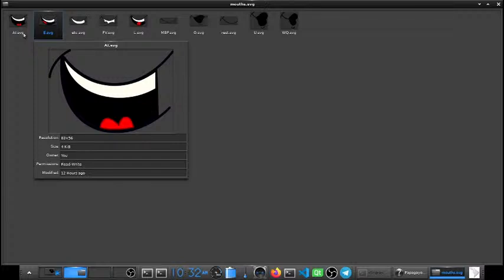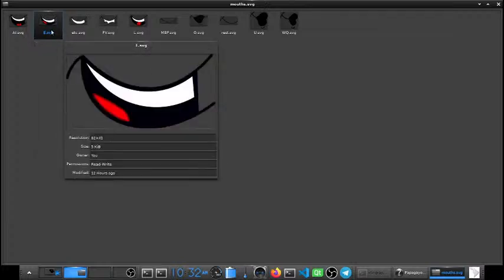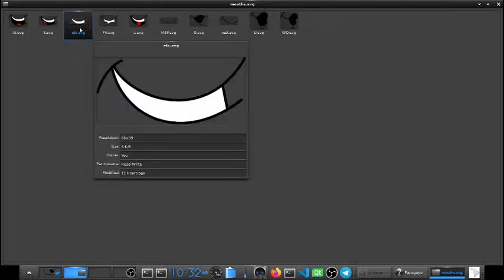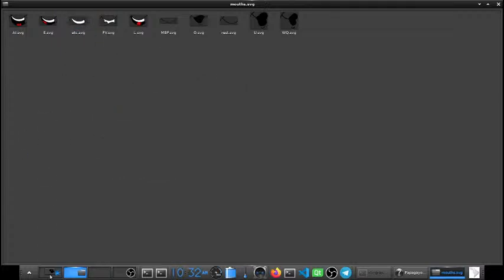You can see this file is called AI. This is called E. This is called ETC. This is something important I forgot to mention.